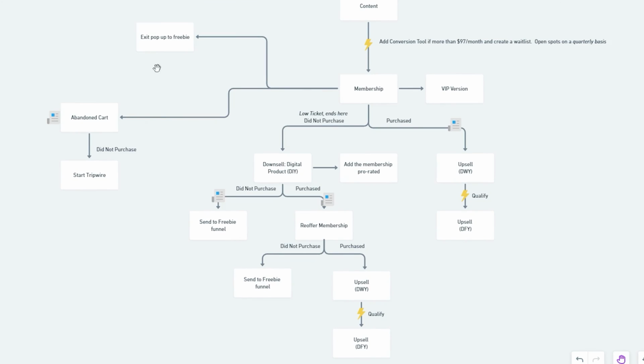Now let's look over here. Now, it is really important when you have a direct to purchase item. So that means when you're going from content to purchase, no conversion tool in there, that we definitely have an exit pop-up of some sort, because we're not capturing their contact information. So in order to make that traffic not go to waste, as soon as they go to press the X button, we would send them over to your freebie